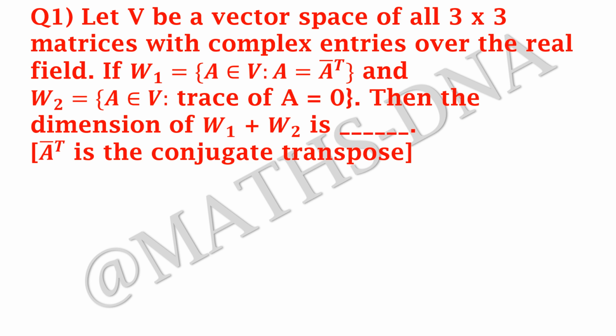So let us begin with the questions. The first question we have: let V be a vector space of all 3 cross 3 matrices with complex entries over the real field. If W1 equals {A belongs to V such that A equals A conjugate transpose} and W2 equals {A belongs to V such that trace of A equals 0}, then the dimension of